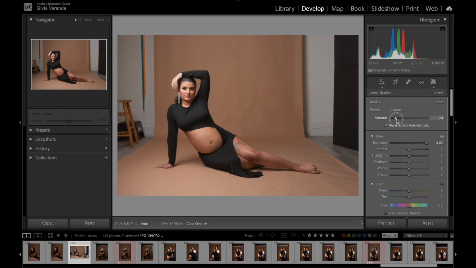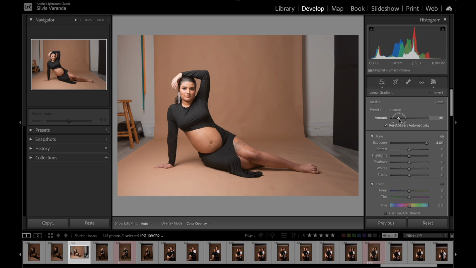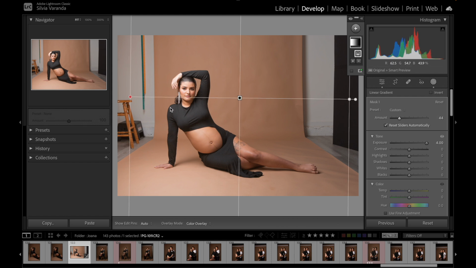We can play with this. And now I think that 30 might be good. It's starting to be lighter on this side, and it's almost like getting to the same light as this side. Let me go up. If you can see, if I go a little bit more, you can see that the luminosity now from the left wall and the right wall is getting closer and closer. But one thing that's also happening is that my model here, she's getting too much light, and I don't want